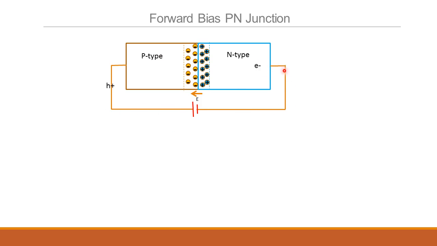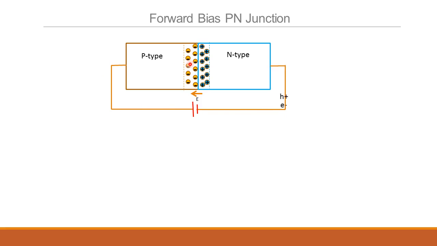Because it was diffusing here, and then the battery pulls it and supplies it to the other side and goes across, right? Both of these actually constitute your total current. And notice both of them constitute the current in the same direction, from the P to the N in the junction. Hole going from P to N, the current is going from P to N. Electron going from N to P, current is going from P to N. So the effective current is actually flowing from P to N in the diode.